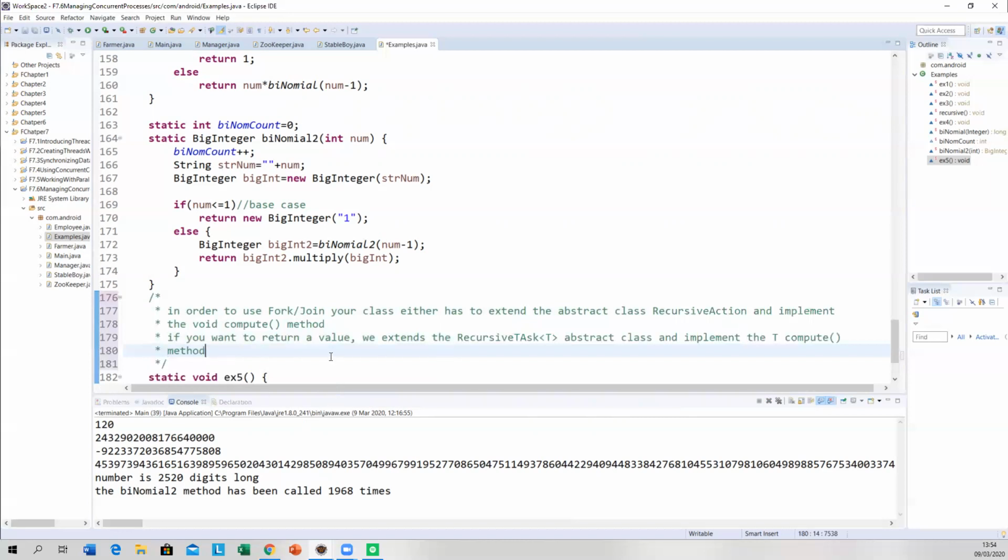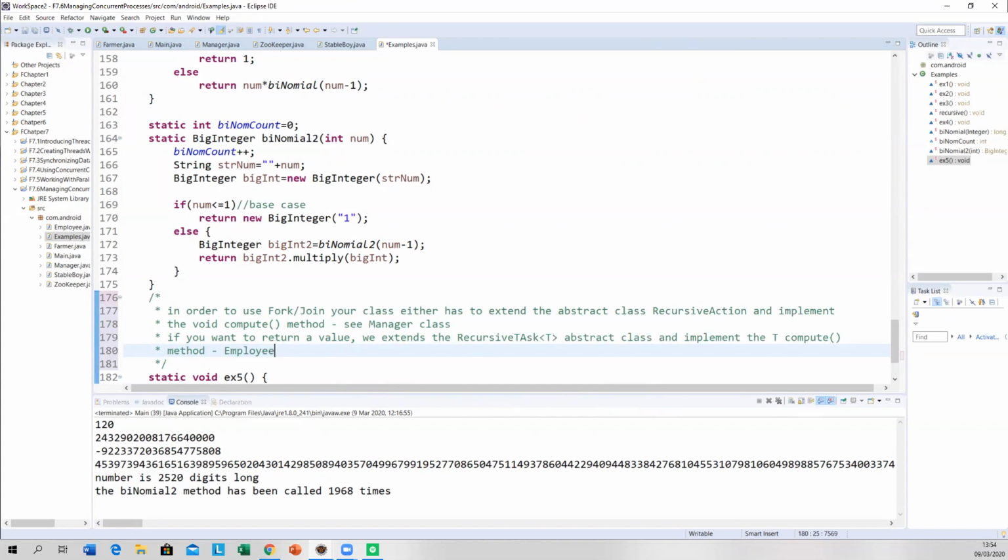Okay, now for this one here, we're going to be using something called the manager class, and we have the employee class there. So we're going to be using examples of the RecursiveAction void compute method.